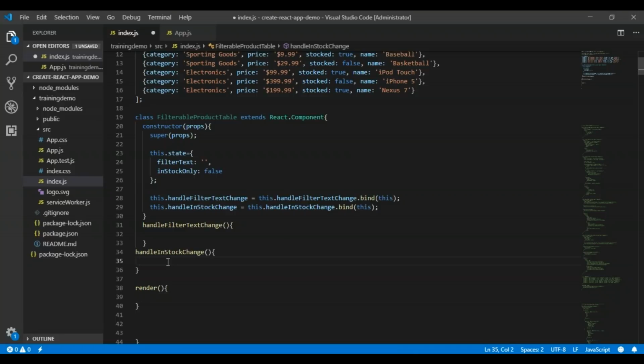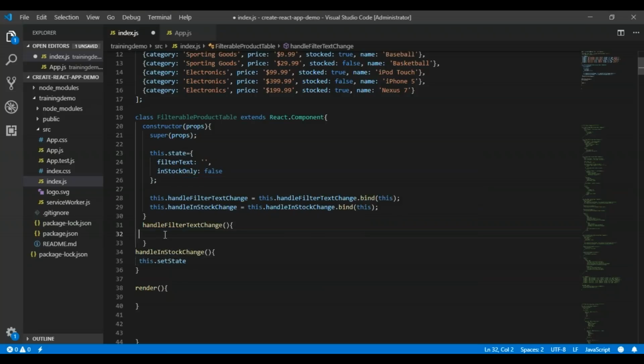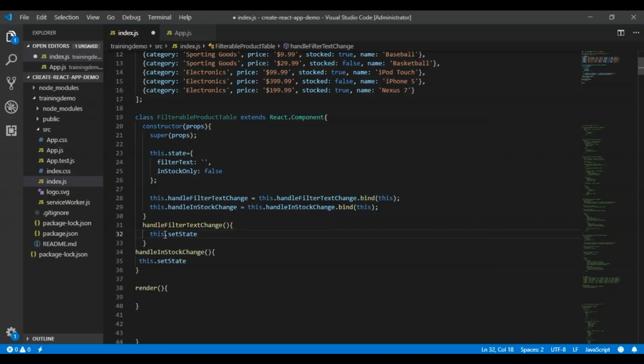So first set the final state. In the handleFilterTextChange, whenever there is a text change, I want to set the final state. So I am going to pass the filterText property, and then I am going to call this.setState.